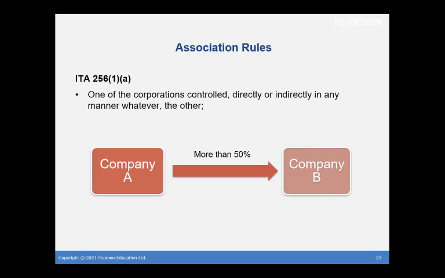So we've set the table, and what we're going to do is look at various examples, and the slideshow here has some nice little pictures to exemplify that. We're going to look at each of the scenarios that would cause you to be associated for purposes of the small business deduction. And again, that's what we're doing here. We're going to look at a scenario and try to determine, are you associated? Do you have to share the small business deduction? And that's a big deal, right?